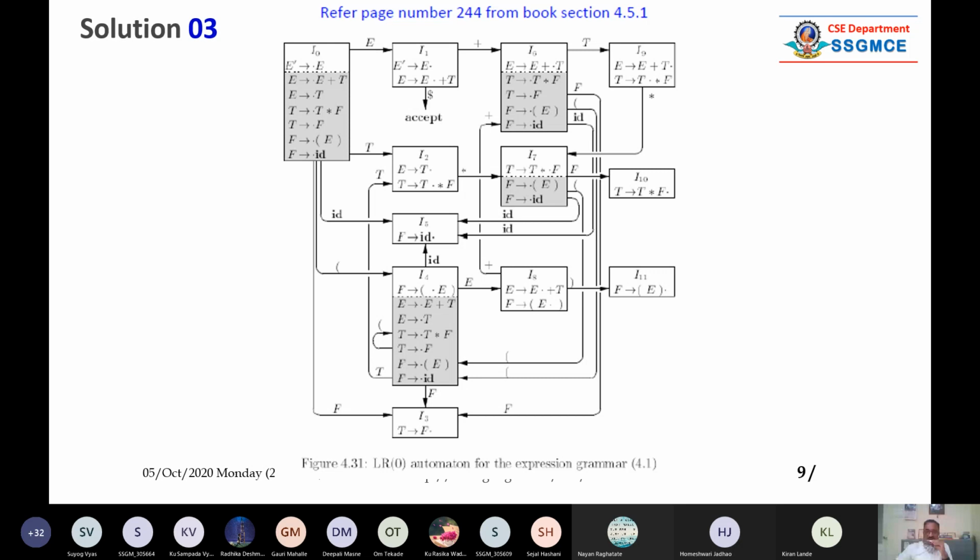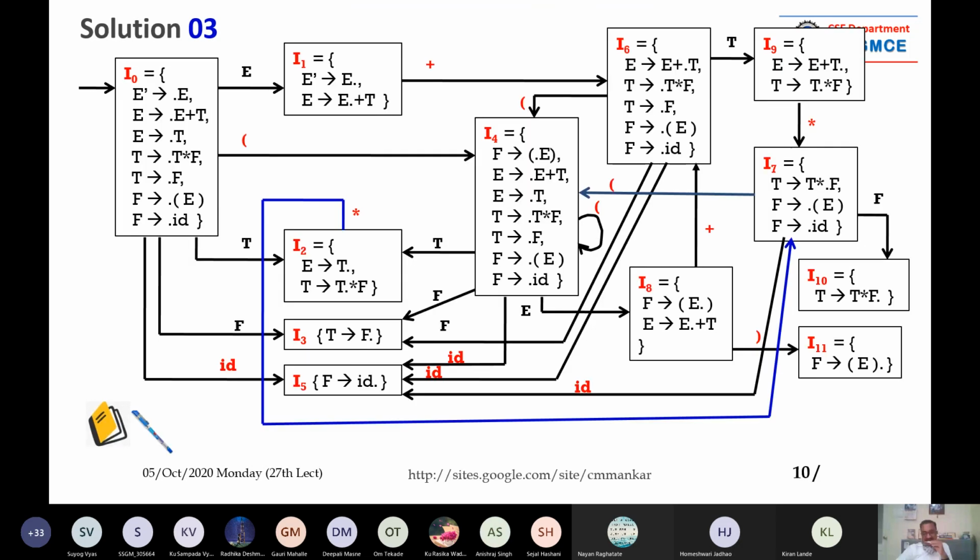See, this is a diagram given in the book, but this diagram is very difficult to interpret. You might not be able to see what is I0, where is I5, where is I7, where that arrow is going, and what is the label of that arrow. So for your convenience, I have drawn this diagram. You take the screenshot of this.